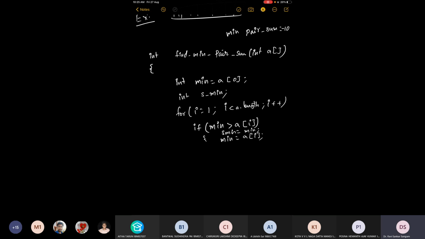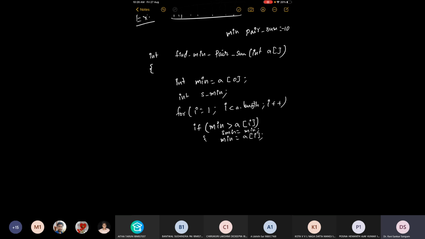So here, what we have done is initially assume the first element as minimum. As we scan the entire array from index 1, whenever we identify that the current element is smaller, we update minimum.